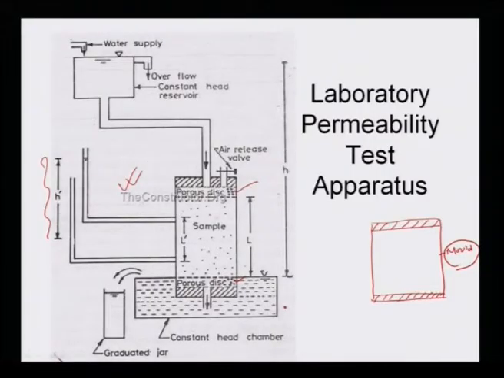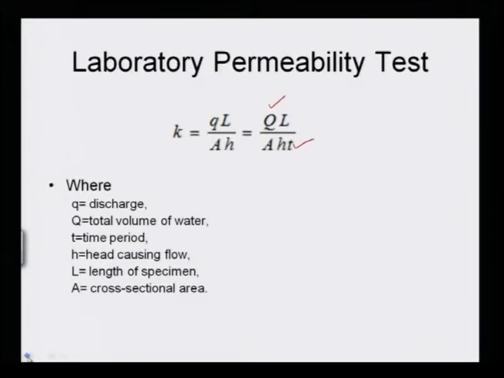This piezometer will be at the top. So how much water will be here, you can find out. This is the piezometer at the bottom of the soil sample, where you will find the water level. With this water level at top and bottom, you can find H prime, the head loss, and with the help of head loss you will find the constant head permeability, that is, the coefficient of permeability. Sometimes we write K, sometimes some people write Ks. Earlier slides had Ks, here it is K, it is nothing but the coefficient of permeability.